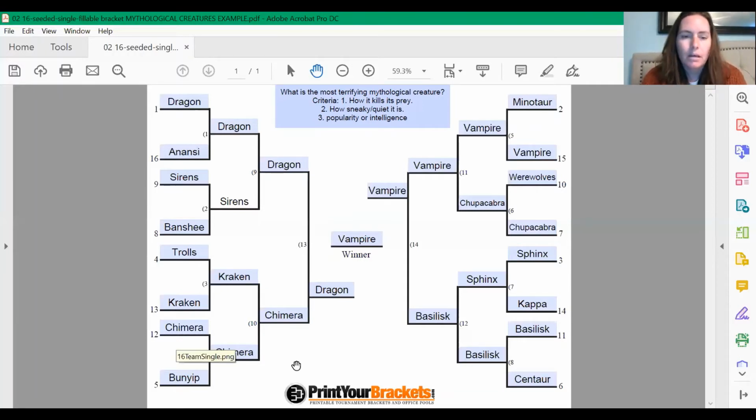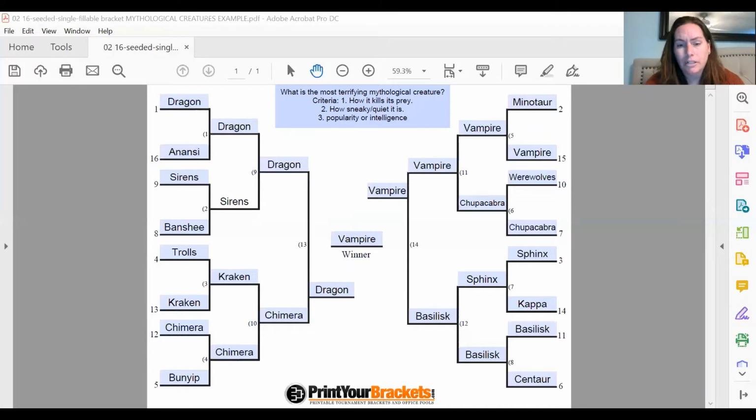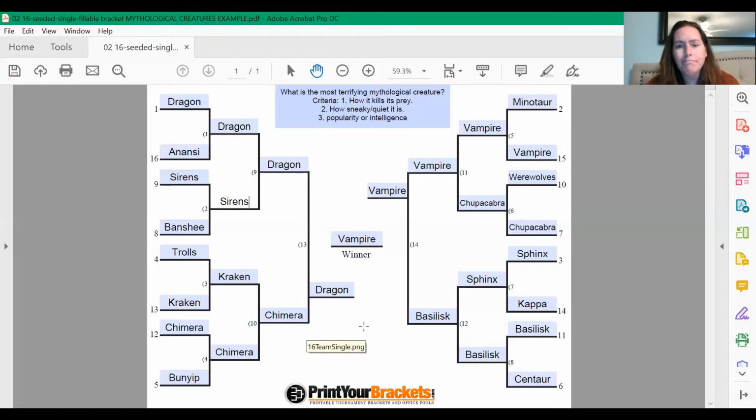Anyway. And then there was Chimaira and the Bunyip. The Bunyip is from Australia. It's Aboriginal in nature. And it lives in swamps and can attack people. And some describe it as kind of dog-like with long neck features and stuff, some with a hippo type of body.